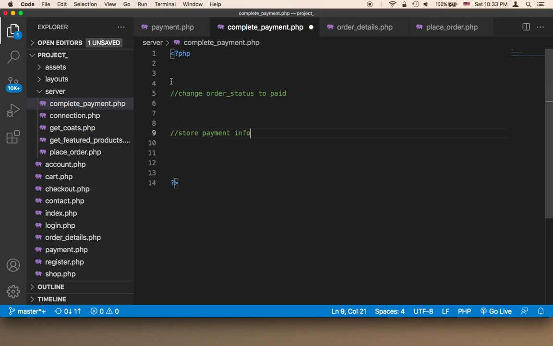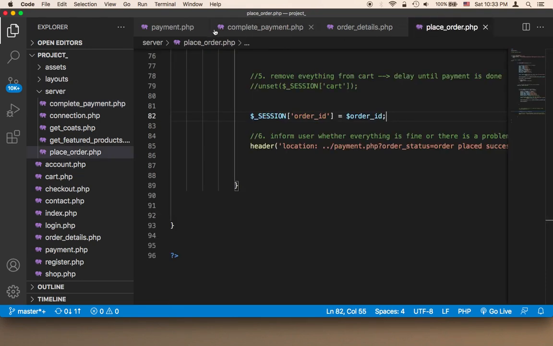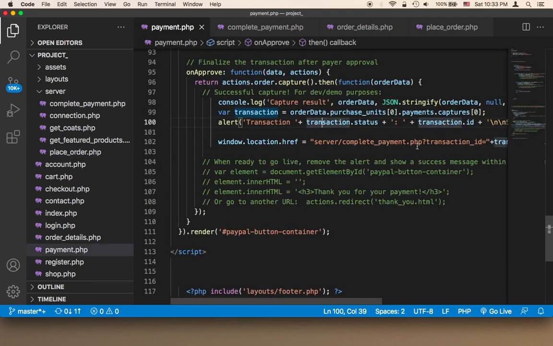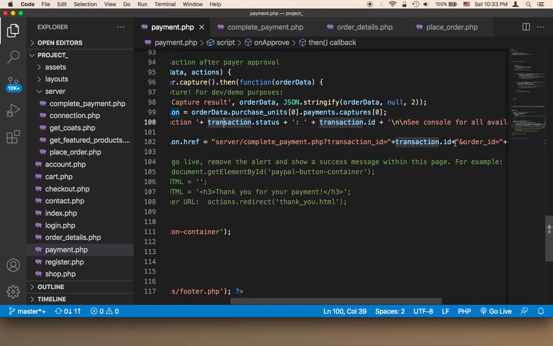That's it. Very simple. And then just go to the user account. Very simple. So in order to do all of these, first here in the payment we have the transaction ID,